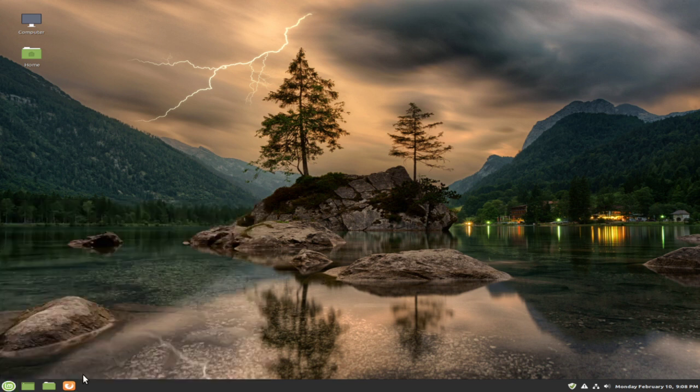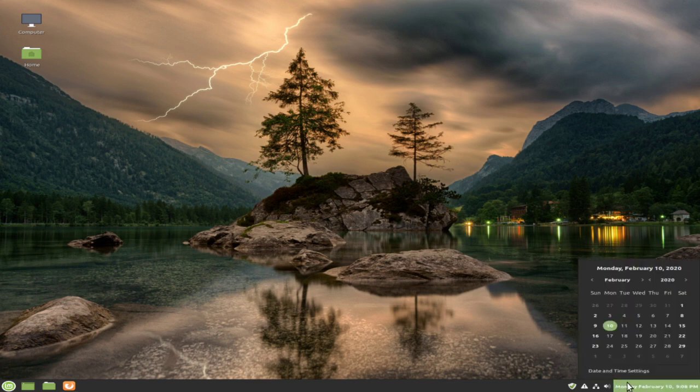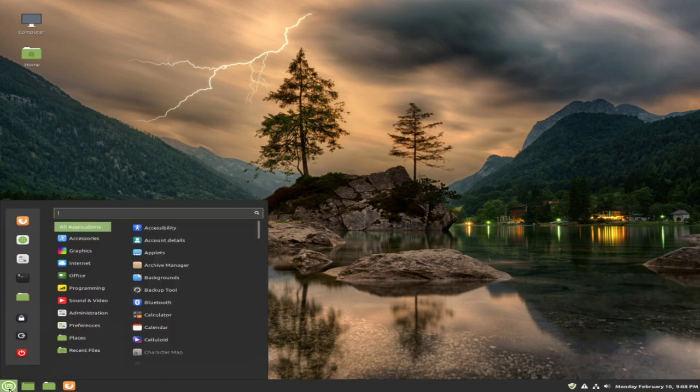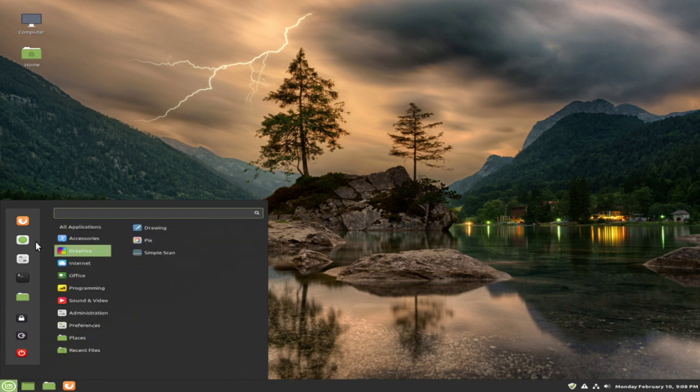But yeah, I didn't want to browse too much around the operating system. I just wanted to show you that it looks a lot like Windows, feels a lot like Windows, and acts a lot like Windows. But it's not Windows. In my opinion, it's better. And it uses fewer resources and runs faster. So if you want to breathe life into an old laptop or an old system, Linux Mint might be the way to go. Maybe I'll do a video on installing Linux in another one.